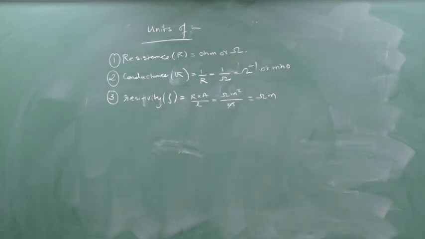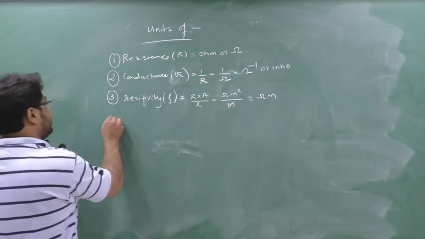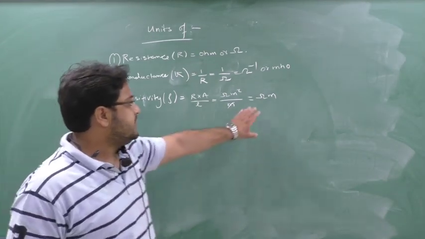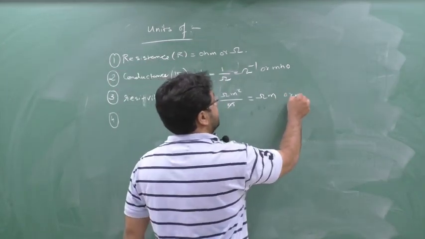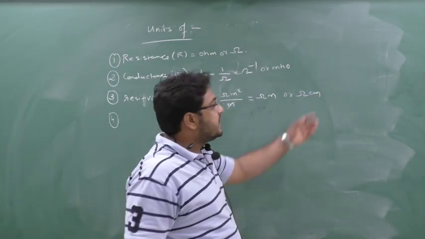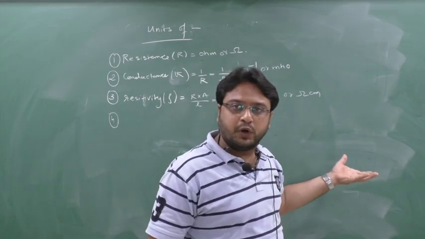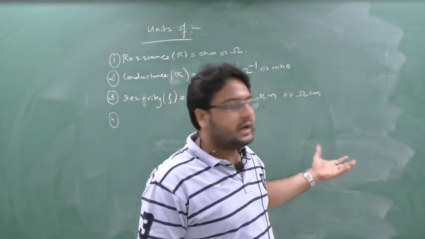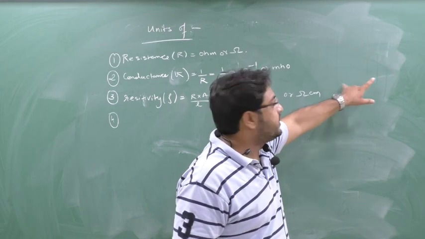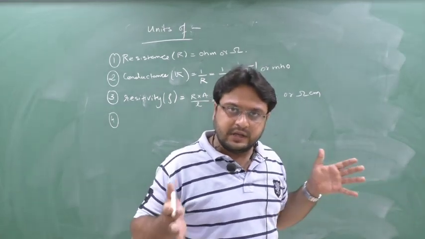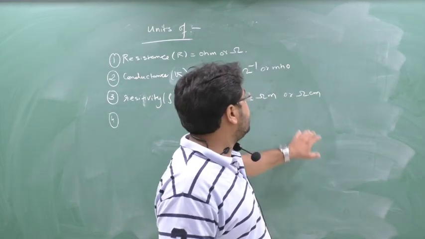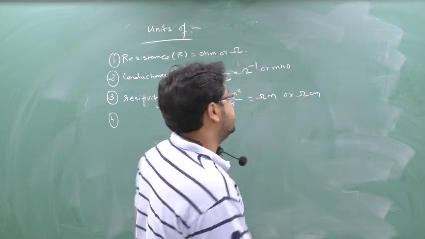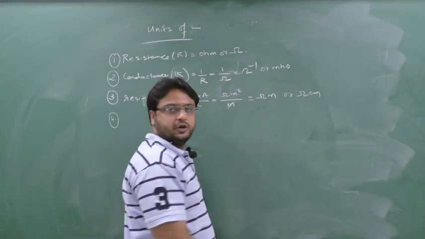Clear? Now fourth point, I see here you can take in ohm meter also, or you can take here centimeter, ohm centimeter. Why? Because here length and the area are very small. Electrode area, see here, the distance between the two electrodes cannot be in a meter from a practical point of view, because we are taking electrolytic cell. So we are taking the lesser unit, it is ohm centimeter, but you can take meter also.